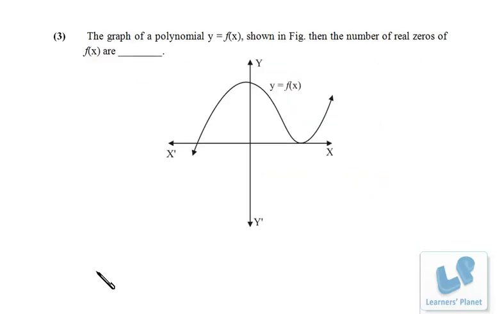Now friends, in this case, by looking at the graph, we have to find out the number of real zeros for this curve or for this polynomial. So it's intersecting the x-axis over here and here it's touching, so we'll be getting two zeros. Both the zeros will be same because it is touching the x-axis. So 2 plus 1, in all there are 3 zeros, but 2 zeros will be same and 1 will be different, right? So in all the total number of real zeros will be 2 only. Okay,